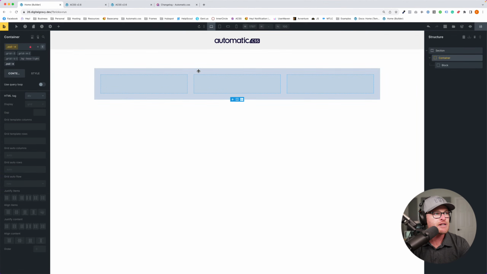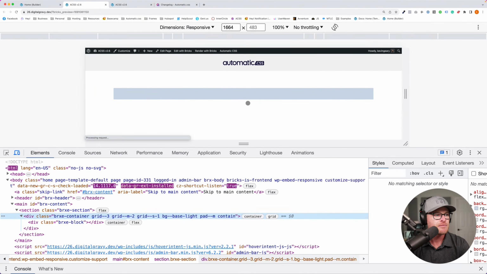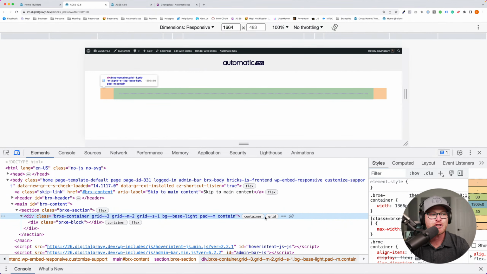So now I'm going to come over here and I'm going to write the word contain. Okay, and I'm going to hit save, and then we're just going to refresh. Okay, and look at this. Now there's 2 badges. One says grid and another says container, and that's a verification that this is now understood to be a container for container queries.